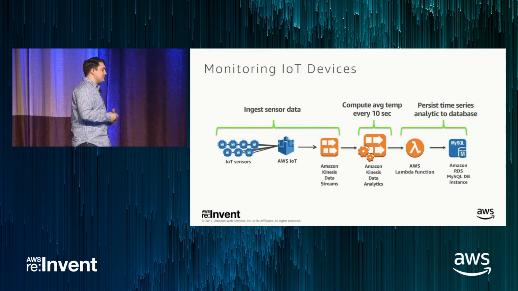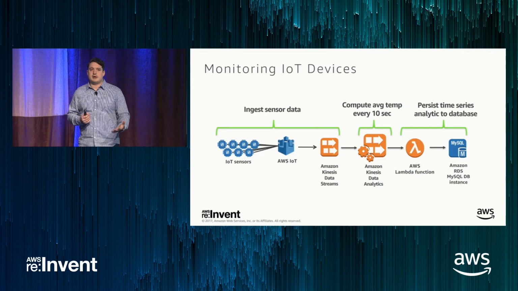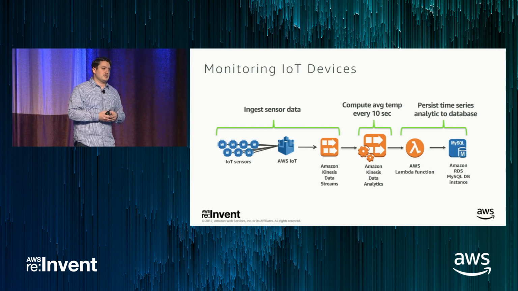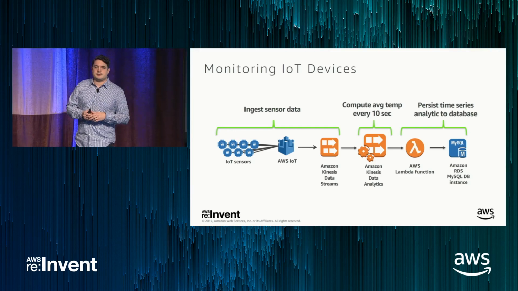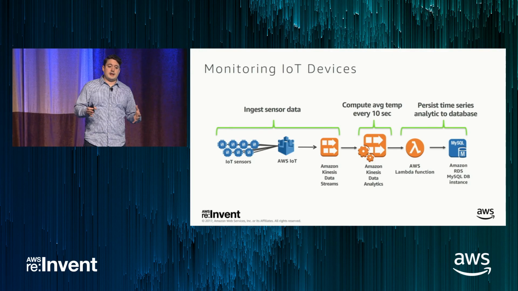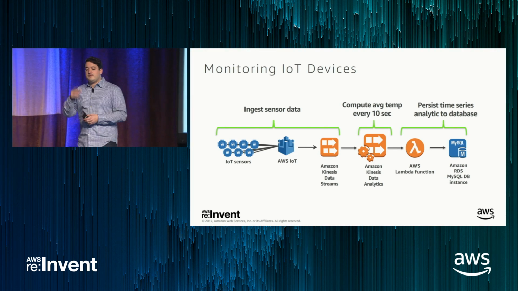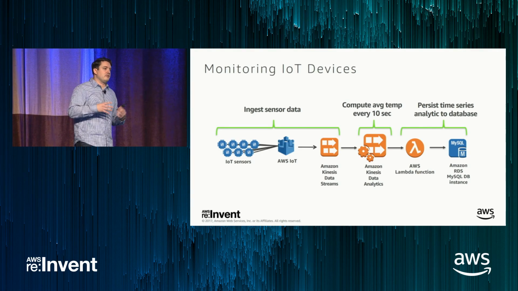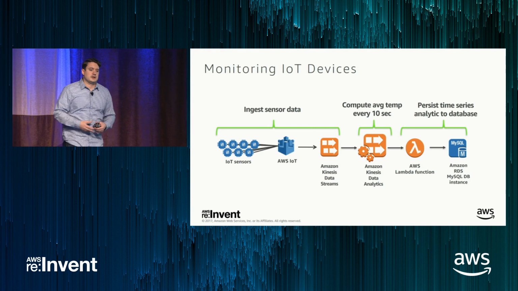So Amazon Kinesis Data Streams has a number of built-in integrations with data services across AWS. They include AWS CloudTrail, VPC Flow Logs, CloudWatch Logs. The one I highlight here is the AWS IoT Service. When you set this up, you can configure a very simple rule in the AWS IoT Service to forward data to a Kinesis stream. And you can forward all data or a filtered set of data. You can forward to n different Kinesis streams. Here I'm just forwarding to one. This is a very common use case for both AWS IoT as well as Amazon Kinesis, because the integration is serverless. It's very easy to set up. It's very easy to debug when there are issues.